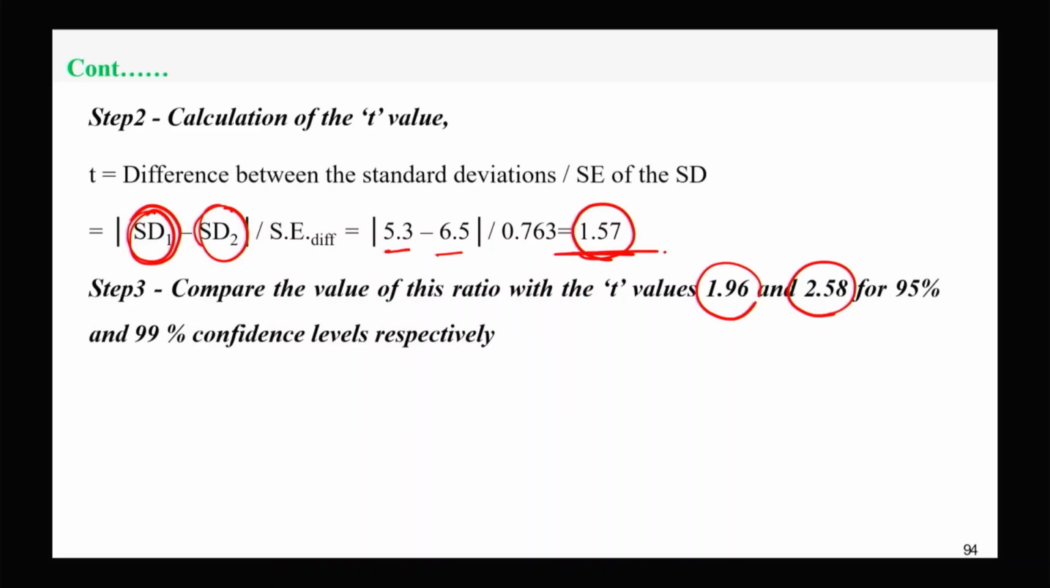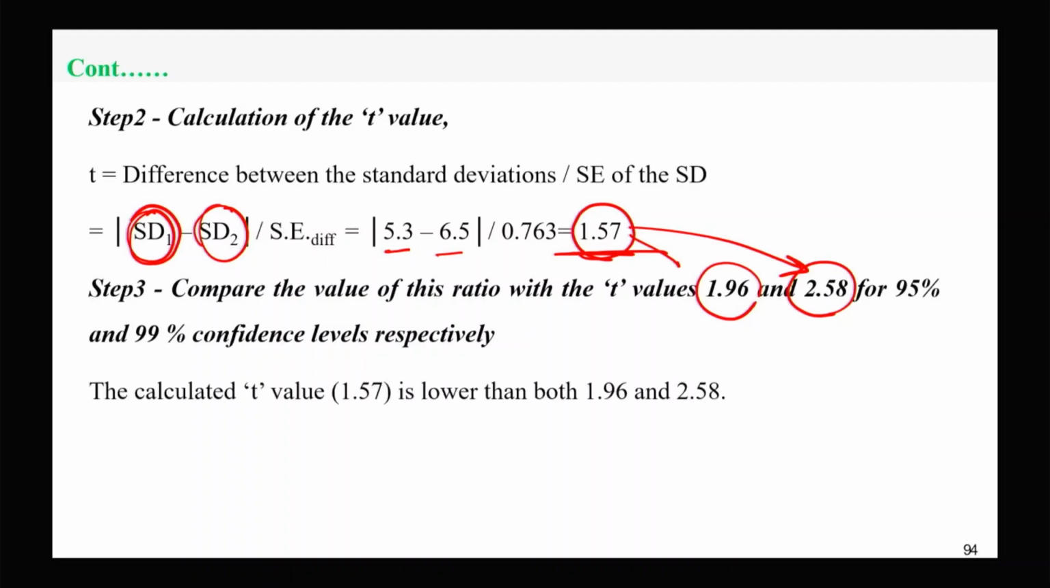This calculated T value is less than the table T value, so we can conclude that this variability is insignificant. It's lower, it's not significant. So this is the final conclusion of this type of numerical. The next